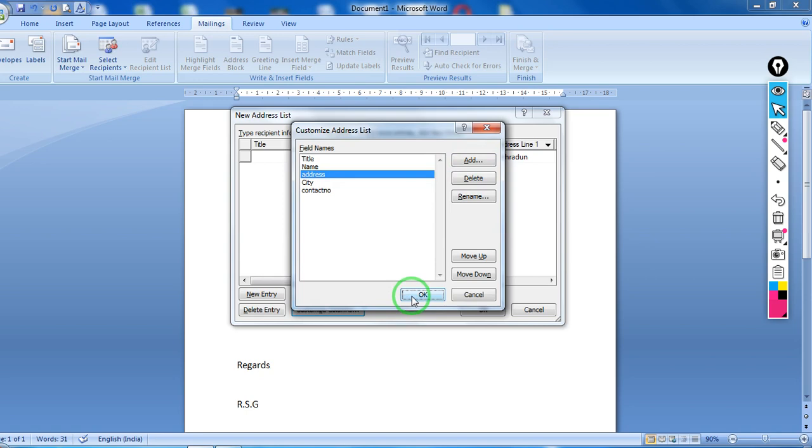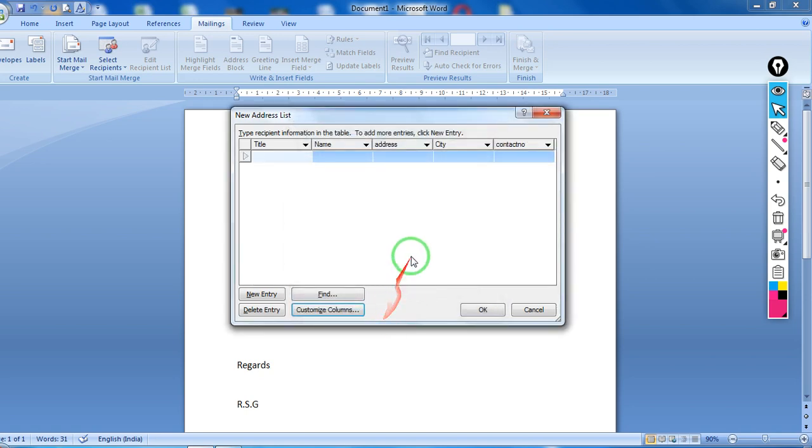Click on the option OK. Once you have added all the columns, choose the option add. Now you can see the list. There are only 1, 2, 3, 4 and 5 columns that you have created. Now you can enter the value. I have chosen the title, name I have written Ravi, address Dehradun, city Dehradun, contact number,